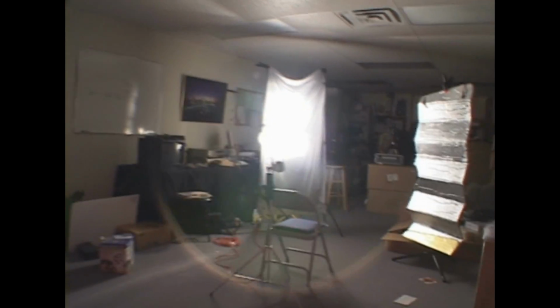And we used a pop-out diffuser, but you can just use a regular bed sheet. And this is the light shining on it. There's a little gel over a 500 watt light. And let's look at it in the other direction. You have your